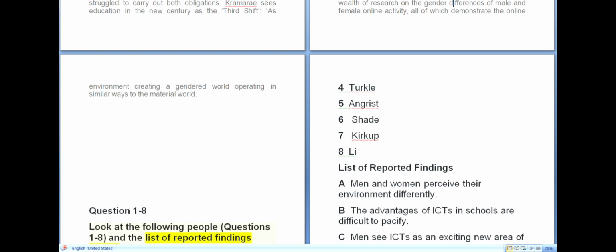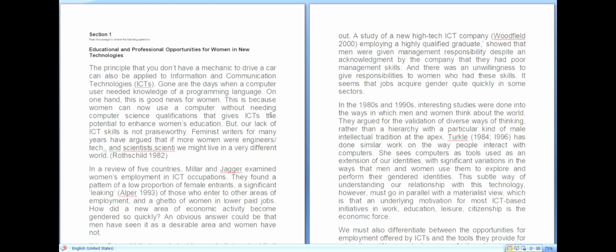What am I doing, children? I am just trying to see where that capital letter appears. I see here the information and communication technologies, which is ICTs, but this is not what I am looking for. So I scroll the page to the bottom again and I find at the end, Rothschild 1982 given in brackets. So I understand that whenever there is a name, there is probably a year also, in a bracket form. With this, I try to locate the following paragraph and here immediately I find it.